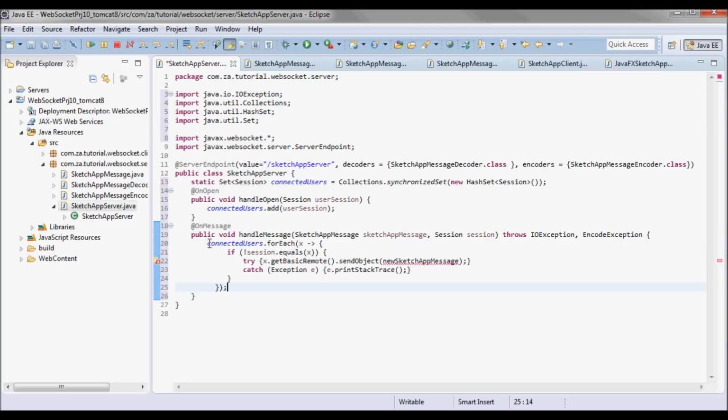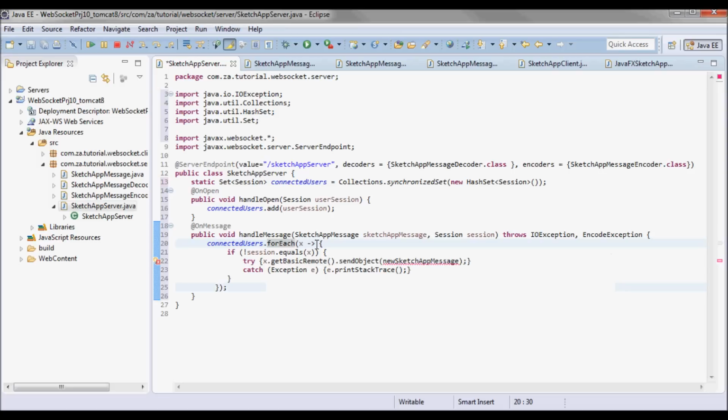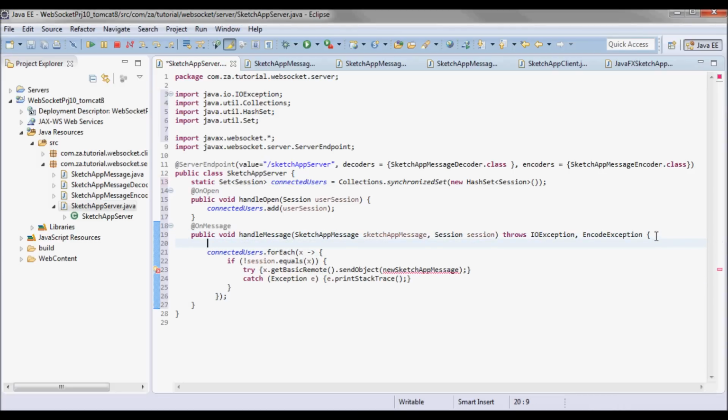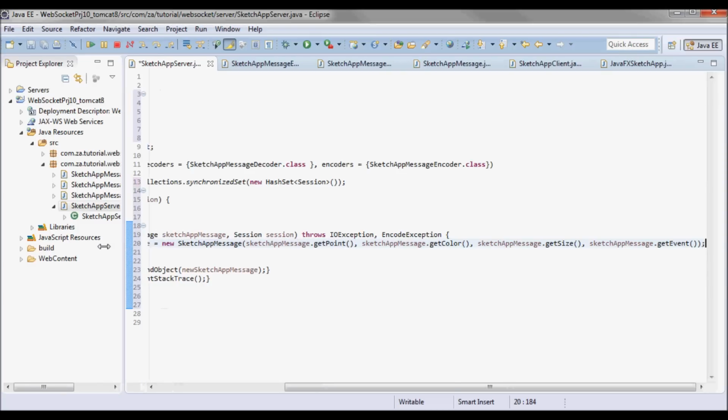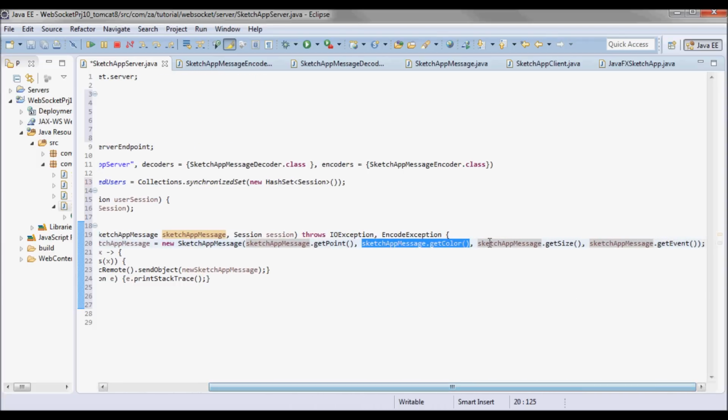So what we'll do here is I'll go through all the connected users and do for each of them, and actually first let me instantiate a new sketch app message. So this will be based on the message that was received. So it has the sketch app message dot get point and get color and get size and get event.